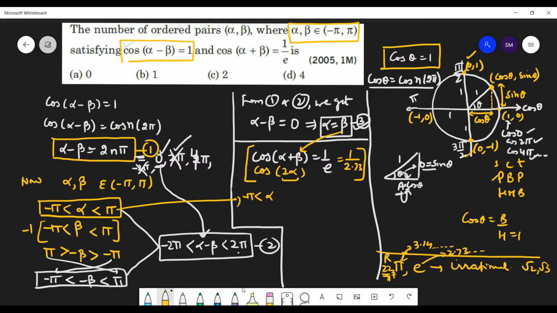So what will be 2 alpha, students? Just multiply all sides with 2. So what will you get? Minus 2 pi, 2 alpha and 2 pi. Yes, so always remember, when you are doing these kinds of questions, regarding the angle you will have one inequality and one equation. Like here also, regarding the angle, equation and inequality. And now you have to find the common solution which is satisfying both.